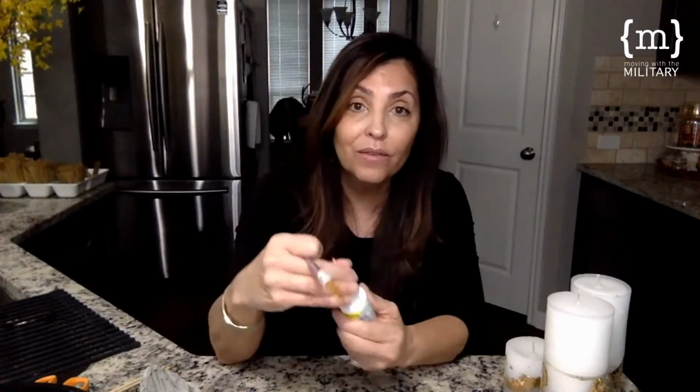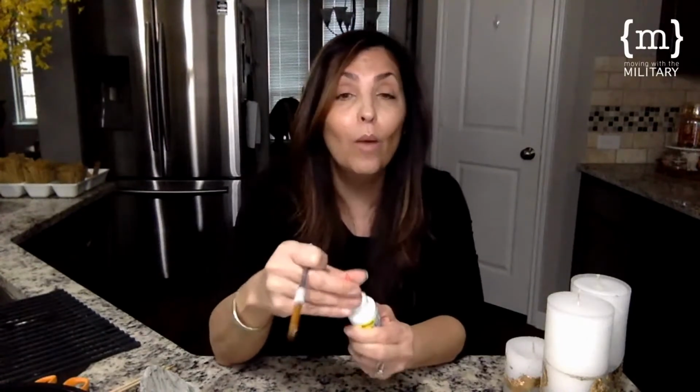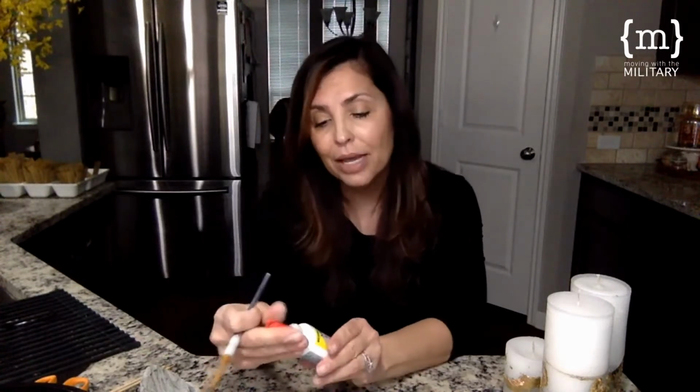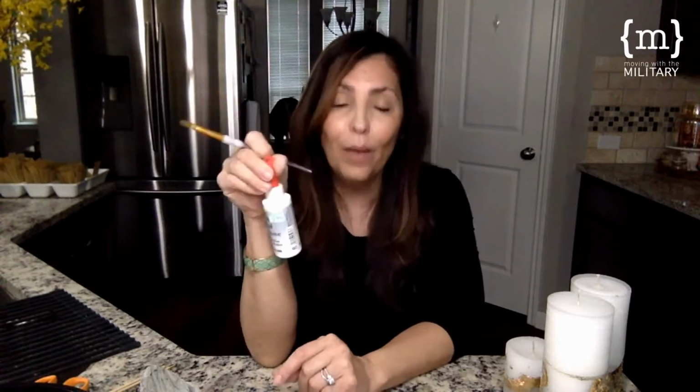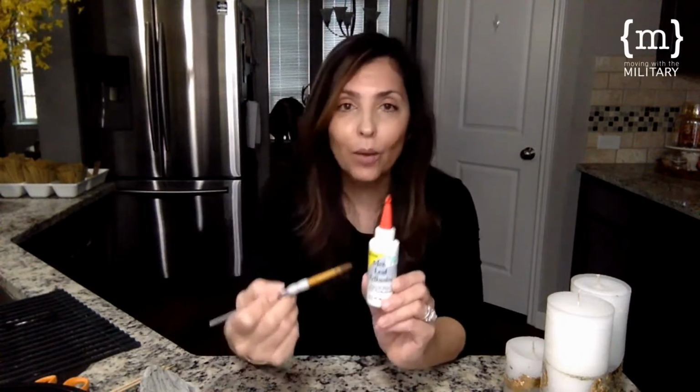So here's the thing. You've got to look at your adhesive and determine what the wait time is. You can't just put it on right when it's wet. It actually gets stickier over time. So this one says 30 minutes to an hour. So you wait 30 minutes, and then when you are done, take another brush,